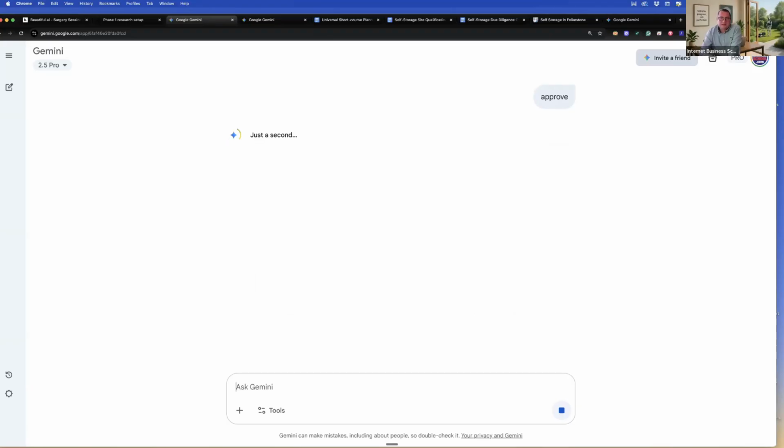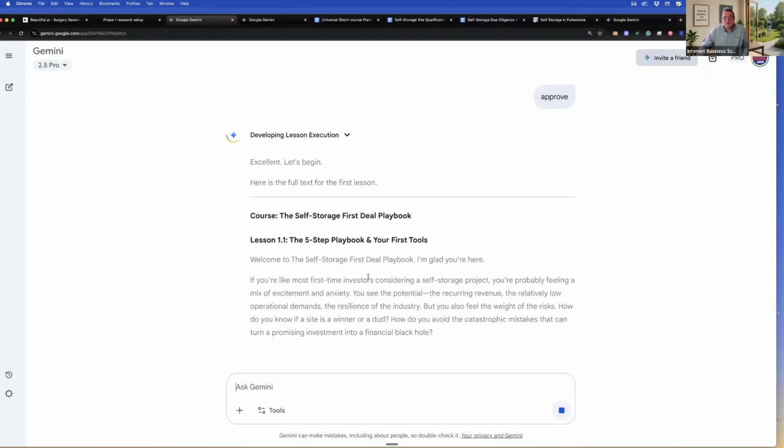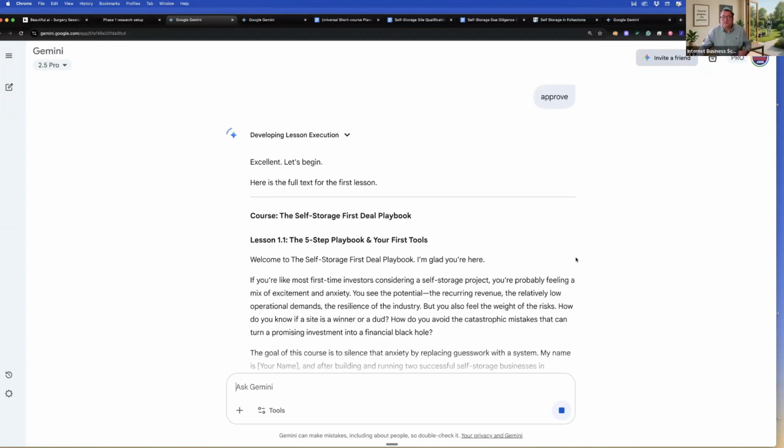Single words make it easy, don't they? Make it easy. And it's now starting that lesson creation and implementing phase three of the process. Okay, and it's basically writing out the content of the lesson for me. And because I've structured into the prompt a writing guide for it,